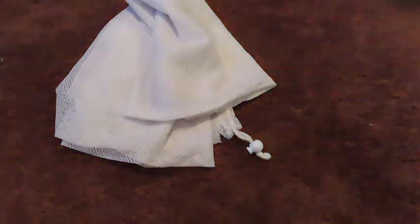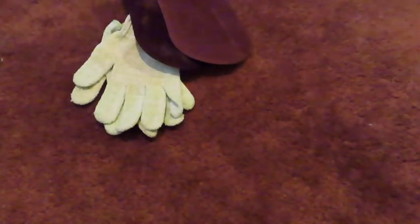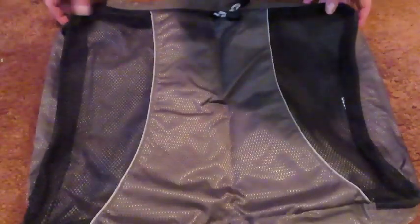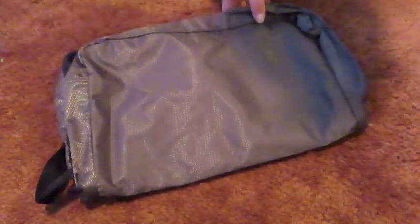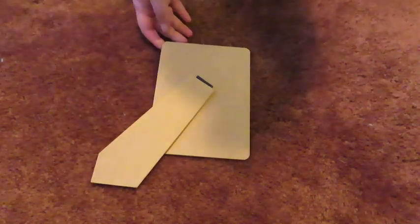A laundry bag, a pair of exfoliating gloves, tanning mitts, and self-tanner that I just won't use, an extra large packing cube that I never use, this dark green crossbody purse, the back to a picture frame I was going to fix and never did,